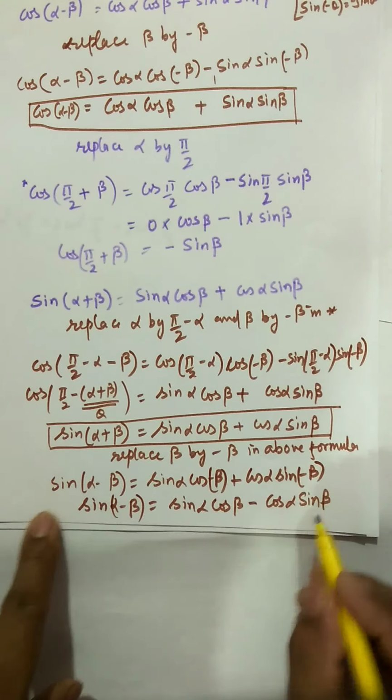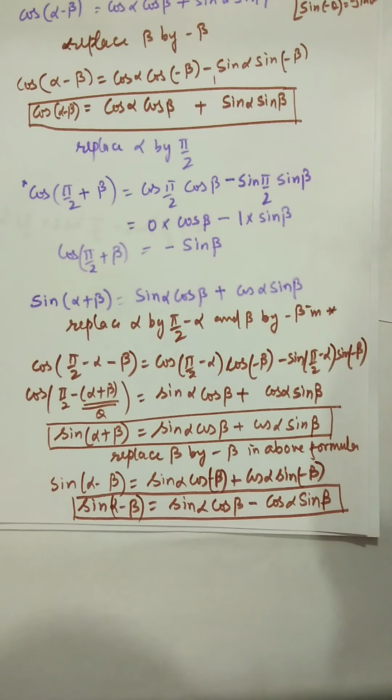So these are some derivations of the formulas. All the formulas given in your NCERT, you just see, all the derivations are given in NCERT itself. You just see how other formulas have been derived, so it will help you to understand the concept of formulas very well. So you will not fear trigonometry, that there are 45 formulas or even more than that. You just have to understand one formula, and all formulas will come from this formula. Just see what is to be replaced by alpha and what is to be replaced by beta.